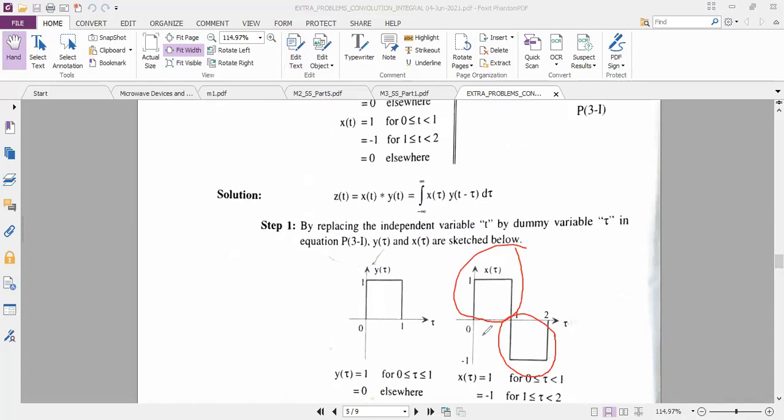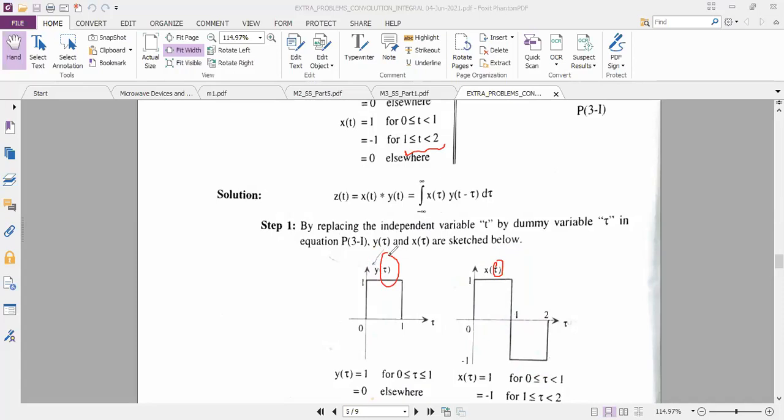So as per the question, between 0 to 1 I have drawn plus 1, and between 1 and 2 I have drawn minus 1. So you know very well, after drawing this x of t, we have to draw y of t. Y of t is nothing but h of t originally. So they have given between 0 to 1, I have an amplitude of 1. I want you to draw with the t variable. Later you can change with the tau variable, okay? Because that is a procedure we always follow.